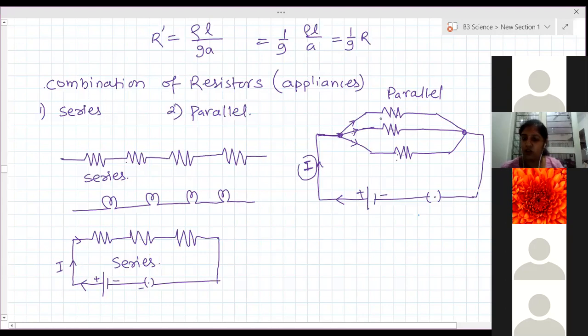Ma'am, like a voltmeter, there are separately 3 different parts created. So they are connected together, but finally where are they connected? To the battery. Yes, ma'am. So is the current coming in this cell, in this resistor, dependent on this resistor? Will it be dependent on this?